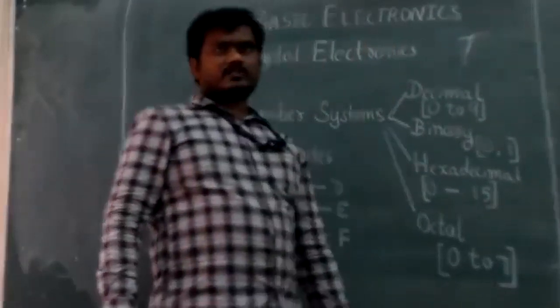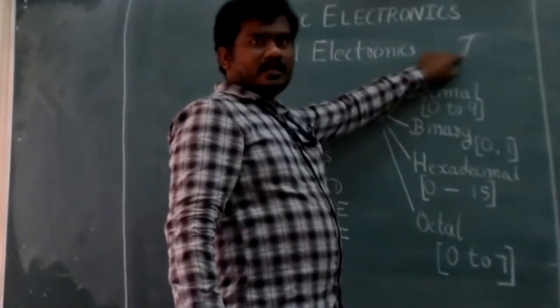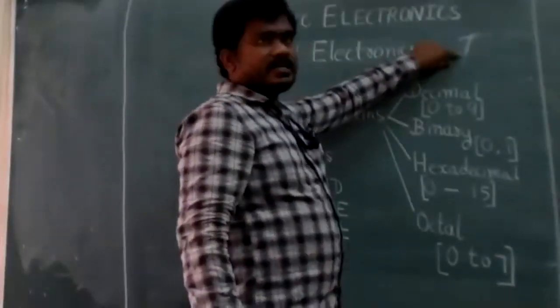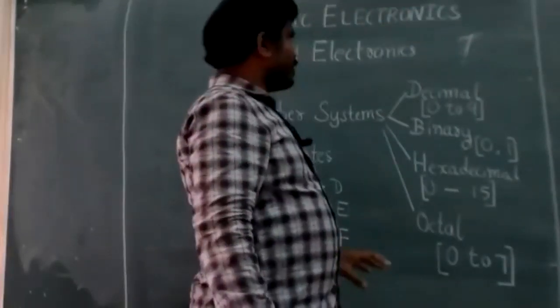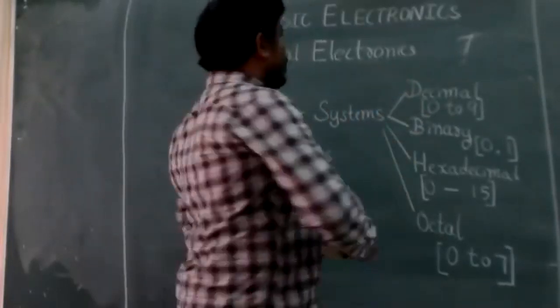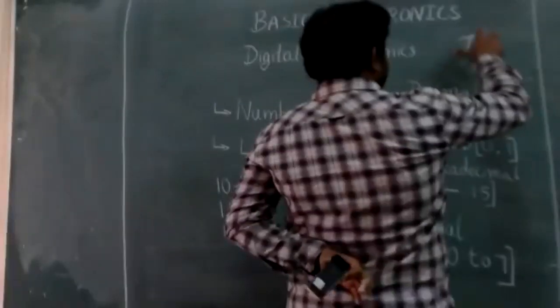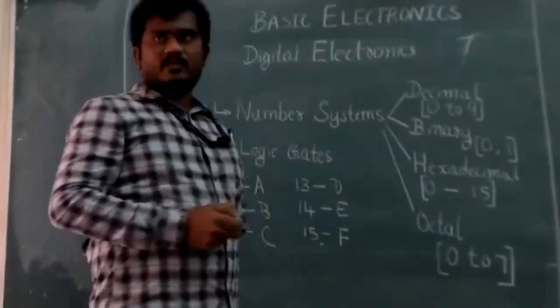This 7 exists in decimal, in hexadecimal, and in octal also. So in order to identify which number system this 7 belongs to, if I am not specifying any suffix or prefix here, then it is called the decimal number system,